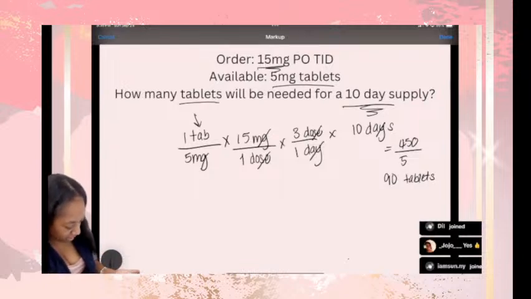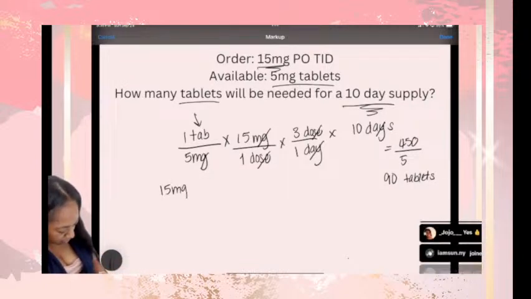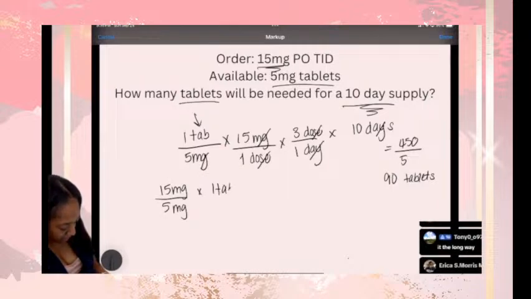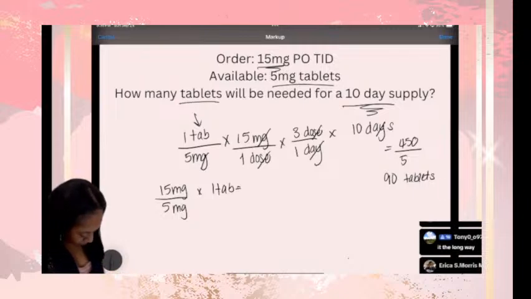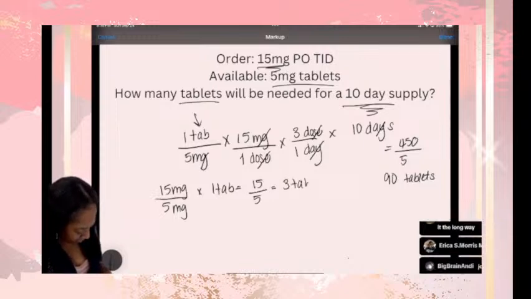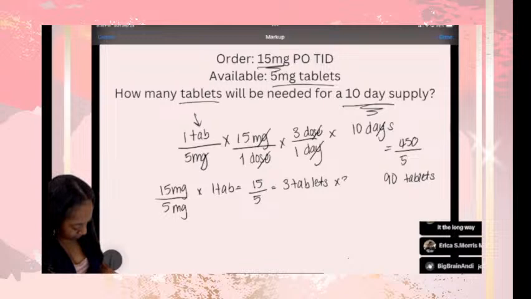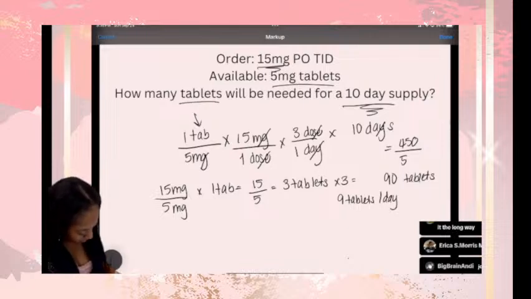Let's see. So if you did desire over half, you would desire 15 milligrams, and you have 5 milligrams times 1 tab. So that would be 15 divided by 5, and that would be 3 tablets, right? For 1 dose. So you do 3 tablets in 1 dose, and you do times 3 doses will be 9 tablets per day. Then you would do times 10 days, and that would be 90